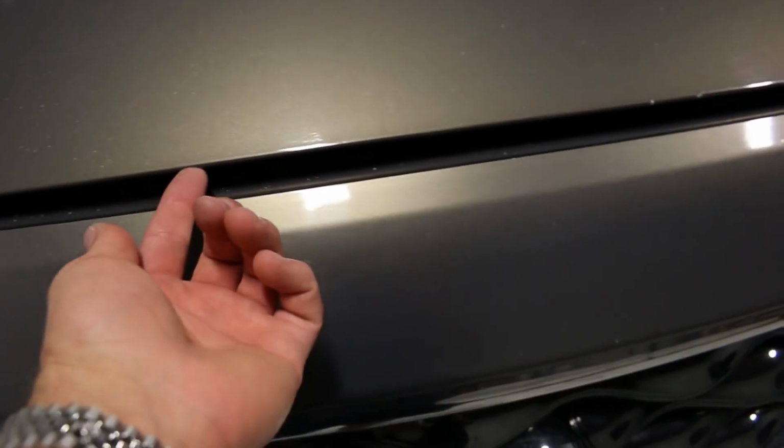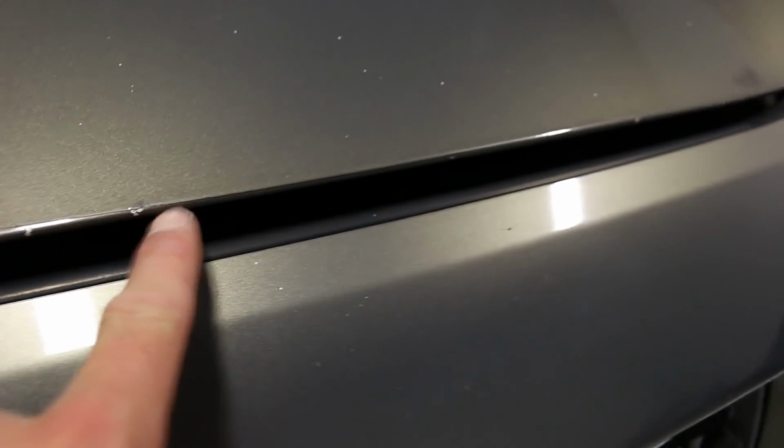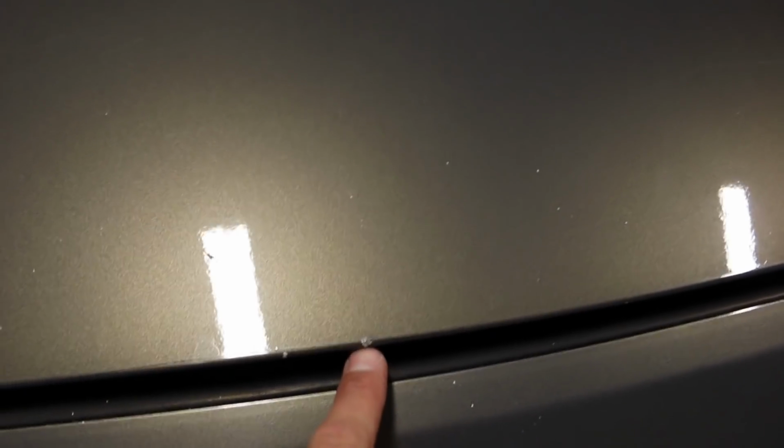No, it's not. We did trim it back the best that I could, but you know, whoever did this didn't even wrap the front edge here, which is kind of silly, because if a stone hits it, it's going to be the hardest impact. Like, as you can see right there, look where this paint protection film was cut. How crazy is that? That is probably one of the most terrible things that you can do when you're doing something like this. And if you're not going to do it right, don't do it at all,